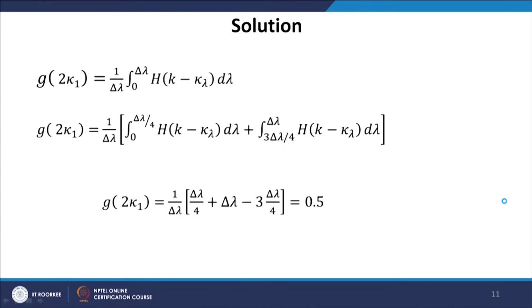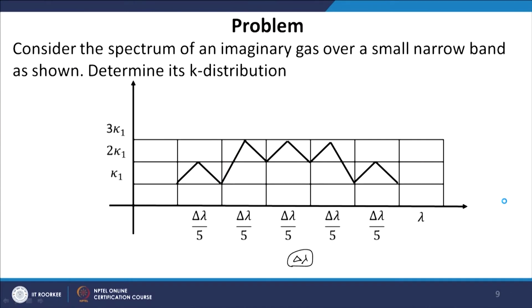Now, one thing you should observe is when we plot the cumulative k distribution. We will plot the k distribution for 3 points: one is k1, 2 k1 and 3 k1. You should understand what these represent. So, g kappa 1, g kappa 2, g kappa 3. g kappa 2 is nothing but g of 2 times kappa 1, and g kappa 3 is g of 3 times kappa 1.